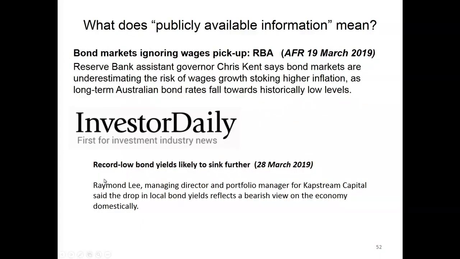More typical, and this is the kind of issue where judgment has to be applied, is you have a situation where you have the Reserve Bank Governor Chris Kent saying bond markets are underestimating the risks of wages growth. Now, that's his view. Is that information? Or it could be that what happened the next day, or in the next week after, is that bond prices fell even lower because people are thinking, no, we're expecting a recession. Or the bond market seems to be expecting a recession. So that's where the judgment comes in. That's where you can make some money, but it's risky. It's not obvious that this is information that is without any risk.